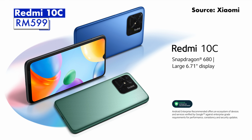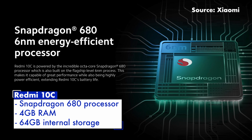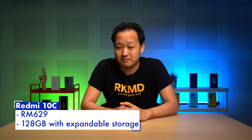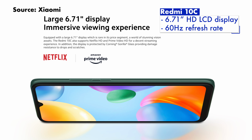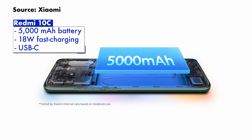For 599 ringgit, the Redmi 10C looks like a pretty solid option. This smartphone features a Snapdragon 680 processor at its core, mated to 4GB of RAM and 64GB of internal storage. If you want more storage, paying 629 ringgit will get you this phone with 128GB of expandable storage instead. Up front, the smartphone packs a 6.71-inch HD LCD display with a 60Hz refresh rate. Keeping the lights on, you'll find a 5000 mAh battery with support for 18 watts fast charging via the USB-C